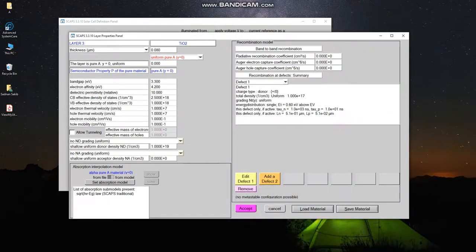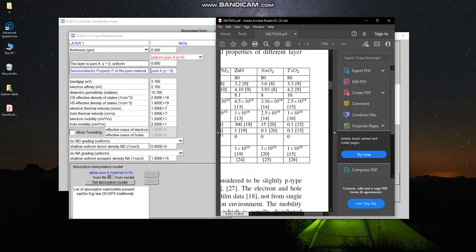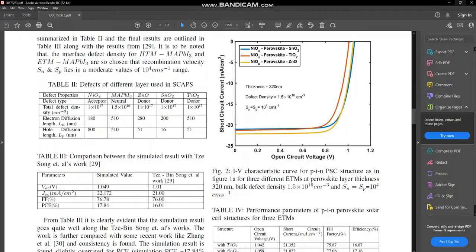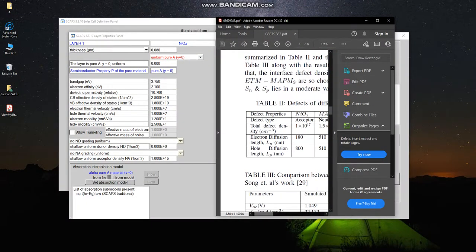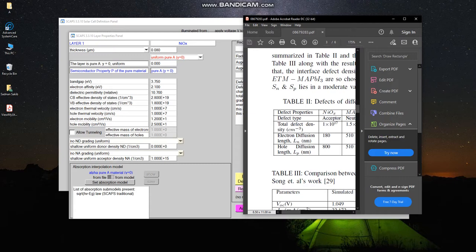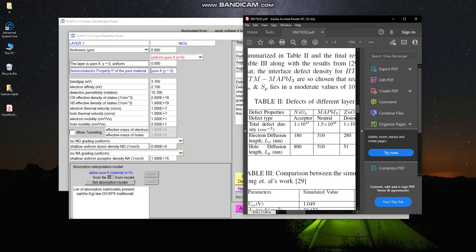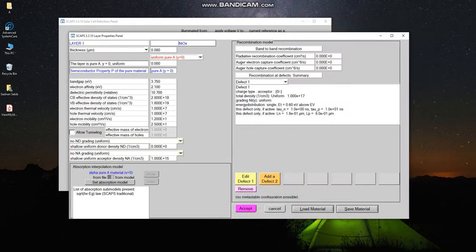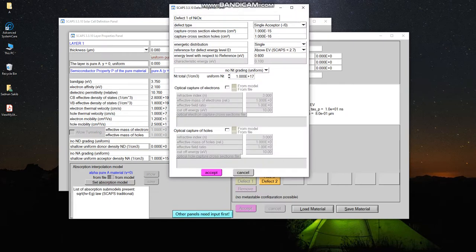Now we are going to talk about the defect layer density. In this respect, the information regarding the defect layer density has also been provided in this paper. From this paper, we can get the defect properties for the NiOx, MAPbI3, and TiO2 as well. We are concentrating on these three for this video. So for the NiOx defect density, I will just move on to this particular option, and we will put down all the necessary details